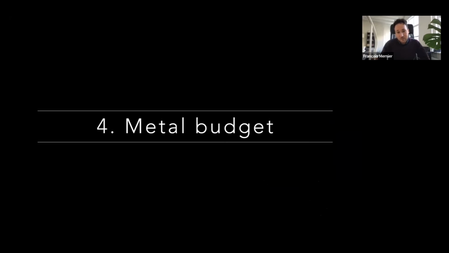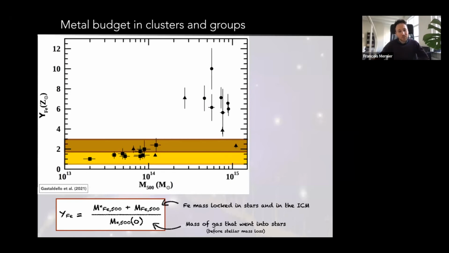And finally, let's look at the metal budget. So the metal budget, what is it exactly? Well, this can be somehow synthesized in this quantity, which we sometimes call the iron yield. So the iron yield is basically the ratio between the iron mass that is locked in stars and in the ICM versus the mass of the gas that eventually went into stars before the stars started to lose some material. So basically, this really represents the amount of iron, let's say in this case,